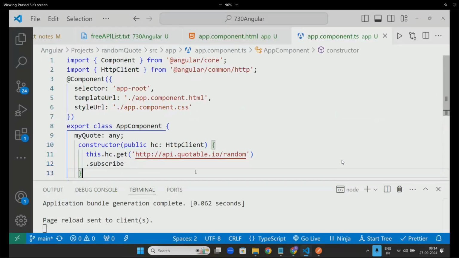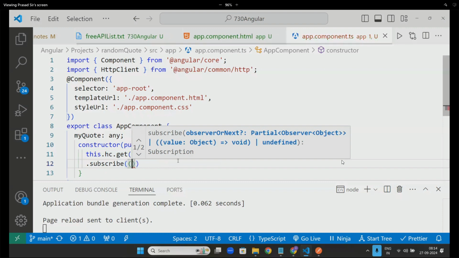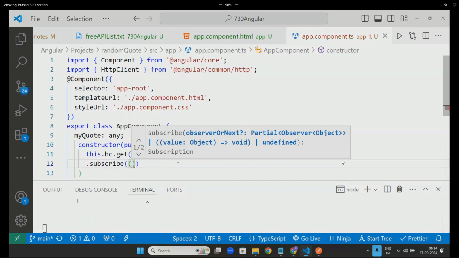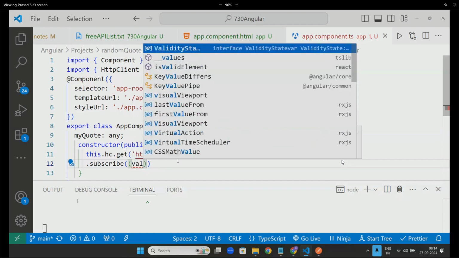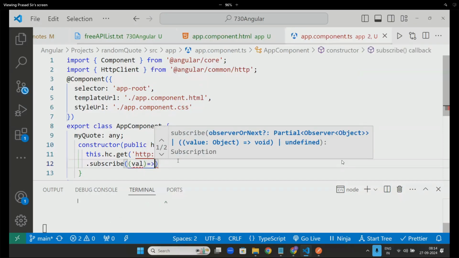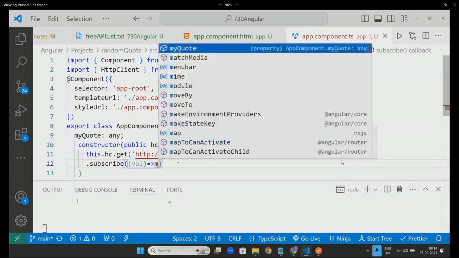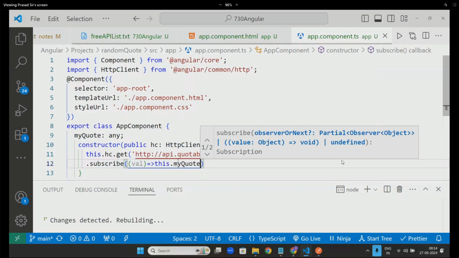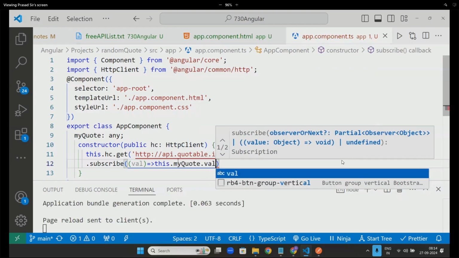Anyway, dot subscribe. Subscribe will work only if things are perfect. Now, in the subscribe, you will write it here. What if this guy got the success? Actually, inside the subscribe only, you can write for success and failure, both. I am writing it for success. Now, if he gets success, whatever value he is getting, that value I will store in my quote. This dot my quote equals value,